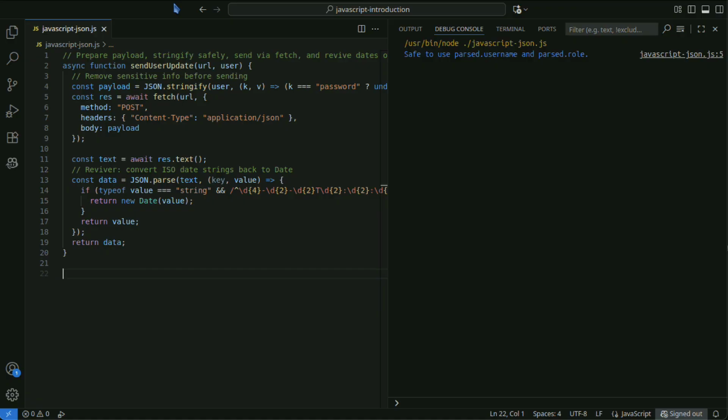Circular references, BigInt, functions, etc. cannot be handled as is, so you need to process them beforehand. Always validate external input, and make sure sensitive information is not included in logs or communications. If the data size is large, it is efficient to avoid pretty printing, consider differential transmission, or use binary formats.